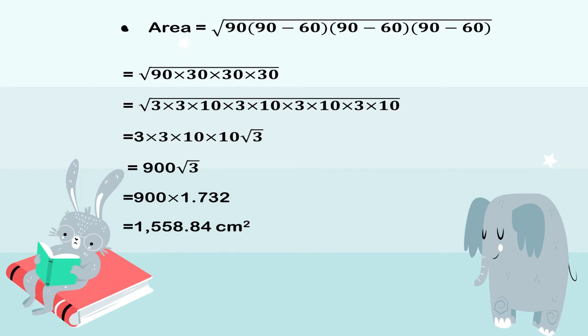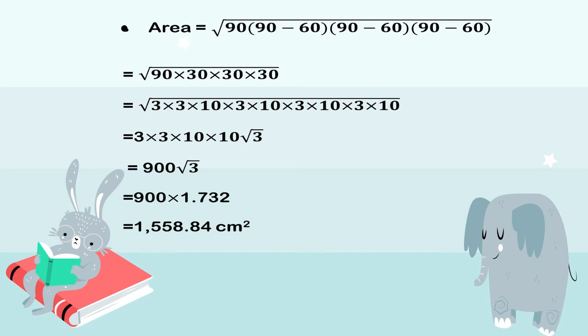Okay, when you are given a number and you have raised to the power 2 of that number, then both the power and under root sign cancel out. Only that number is left. This is why I am taking pairs of 2, because 3 square under the under root sign will give me 3 only. 10 square under the under root sign will give me 10 only. Okay, so this is how I come to this answer. 3 cross 3 cross 10 cross 10 under root 3. So on solving this, I will get 900 under root 3.